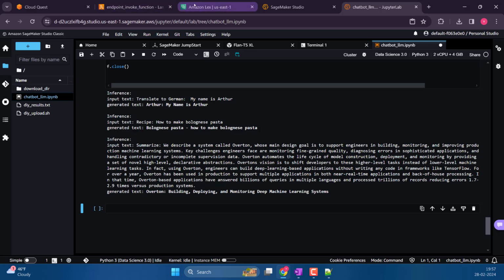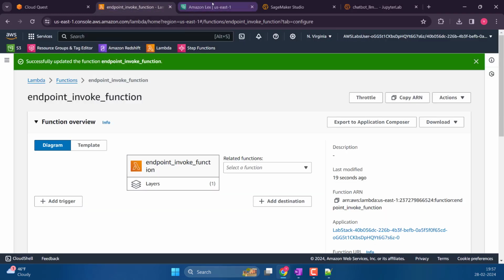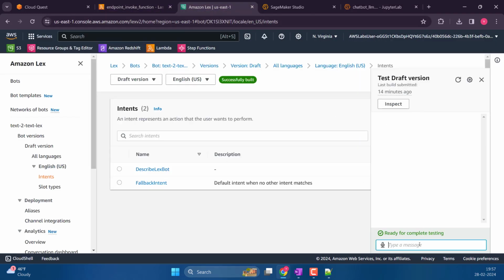And since our Lex is pointing to that, let me try asking the same question. Will it know what I asked? Will it correct it? I think it went to the default intent because it didn't understand the question.